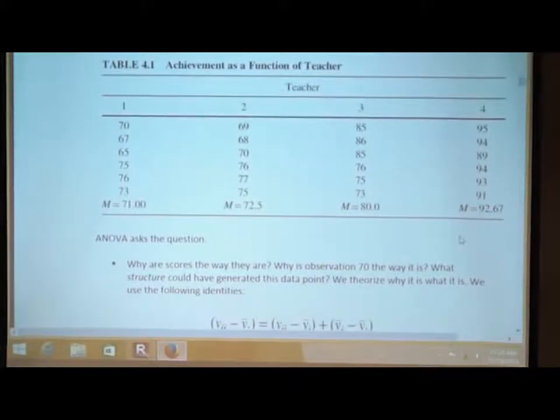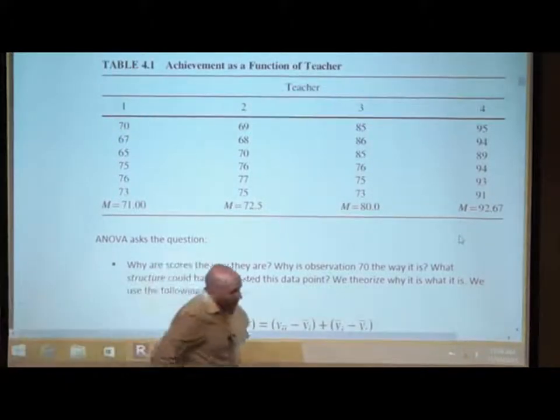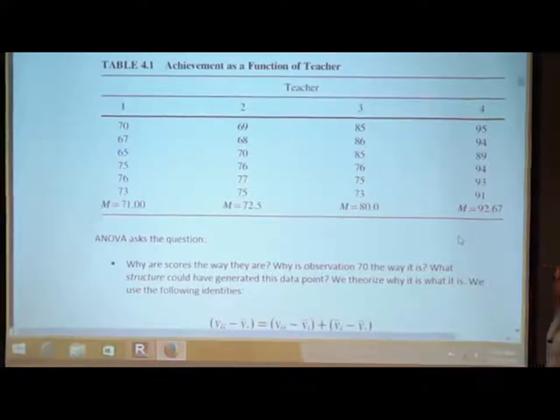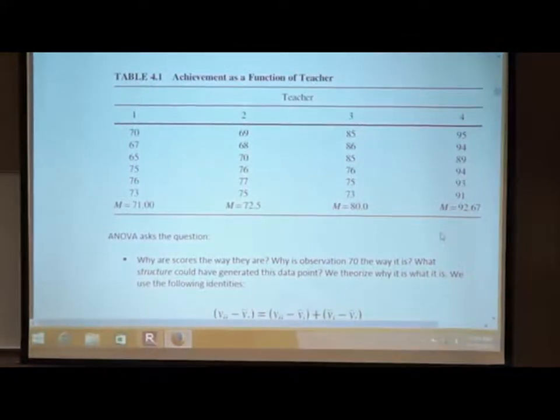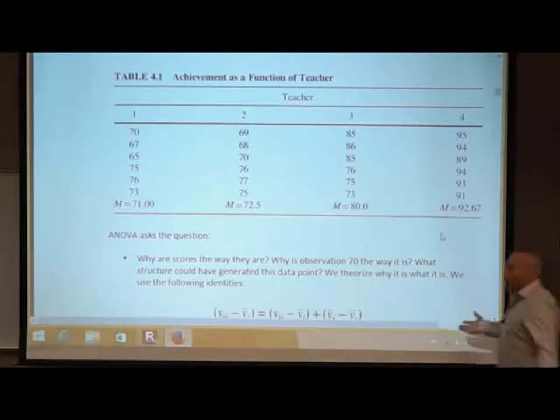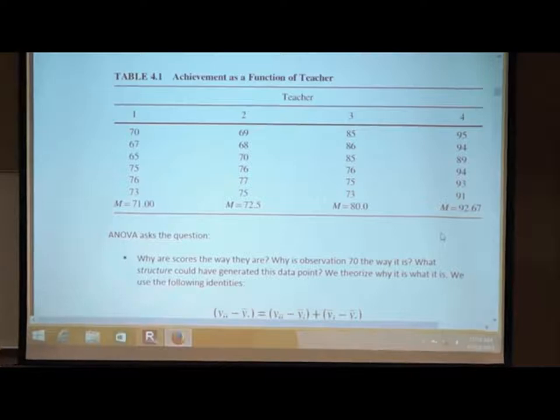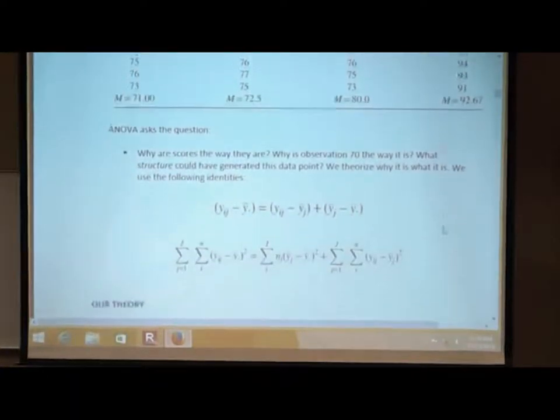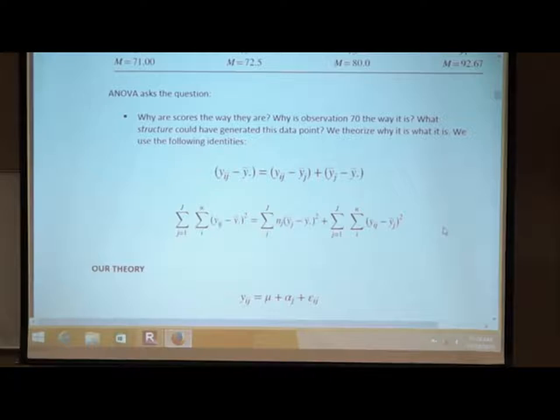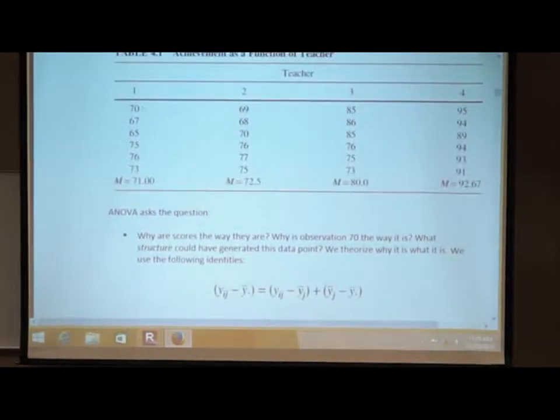If I look at the less ideal situation, well, there I have a bit of a mess. I have that within group variation, and I still have the between group variation. So what does analysis of variance actually do? Well, analysis of variance asks the question, fundamentally, why are scores the way they are? And I think that's a good starting point to understanding modeling. So if I look at this, I literally want to know, why is 70 the way 70 is? Why is 67 the way 67 is? Why isn't it something else? So what do